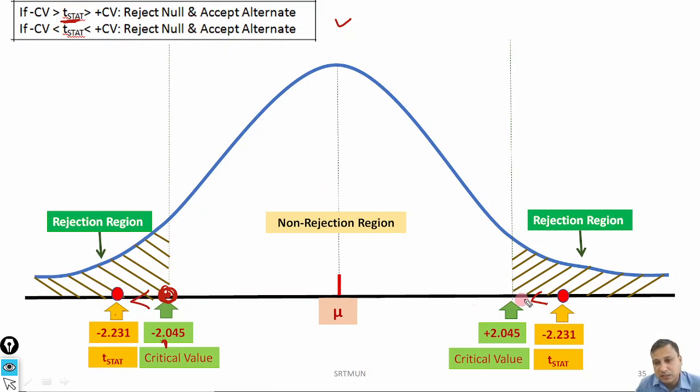And what is the other condition here on the right side? When it is plus, this is not minus, this is plus 2.23, it is greater than this plus 2.045, that is the critical value. The critical value divides the whole distribution into two parts, the rejection region and the non-rejection region. The non-rejection region covers 95% of the area, and this portion covers the 0.05,